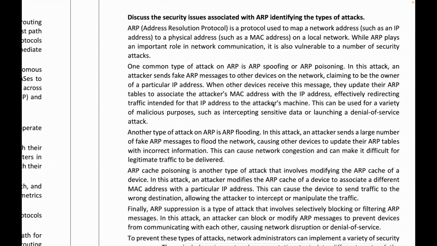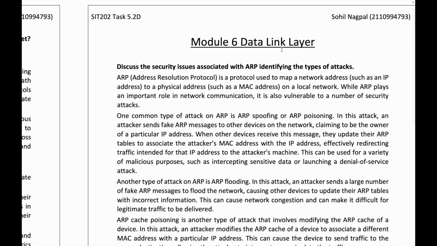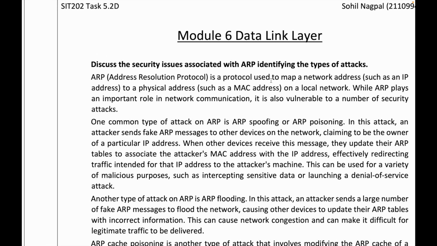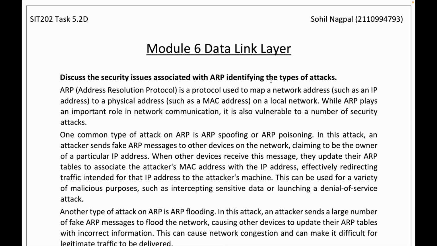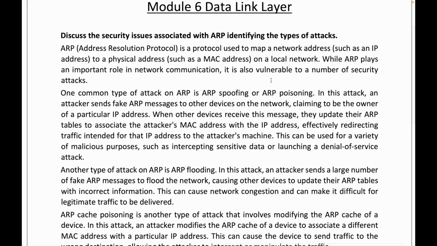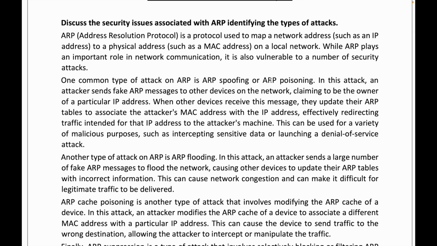The next module is module 6, that is the data link layer. In this module, we will be discussing security issues associated with ARP, identifying the types of attacks. ARP is the Address Resolution Protocol, which is a protocol that is used to map a network address, such as an IP address, to a physical address, such as a MAC address, on a local network. It is vulnerable to a number of security attacks, such as ARP spoofing or ARP poisoning, ARP flooding,